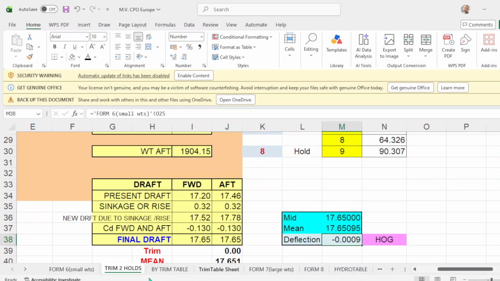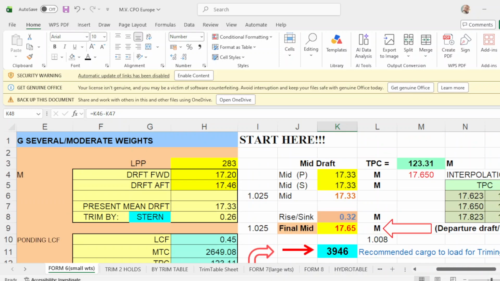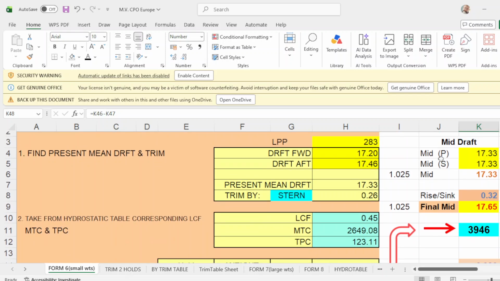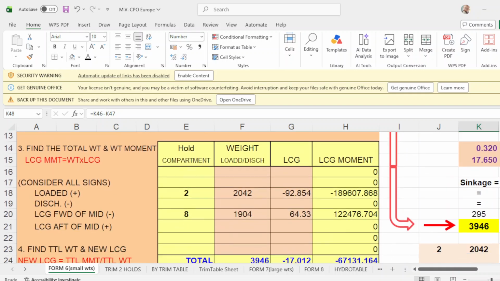Okay. Then lastly, form number 6, which is how to find trim when handling several moderate weights. Okay, you put your initial drop. Okay, put your actual weights for the stop drop, your departure drop. Then it will recommend the cargo to load for trimming.